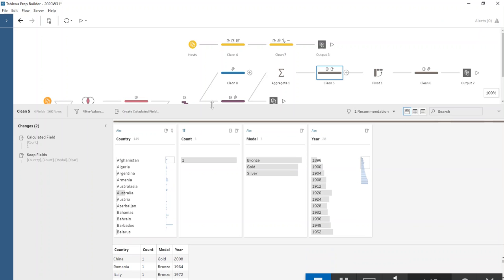So we are just doing some cleaning up, getting rid of the unnecessary columns. We could have done that in the aggregate step. I chose to do it this way. And we're introducing this dummy field here for the count. So this is just a 1. And it's just so that when we pivot, we can sum all of those rows where all the gold medals